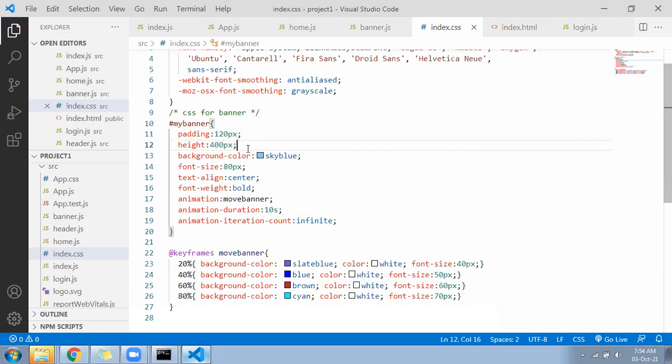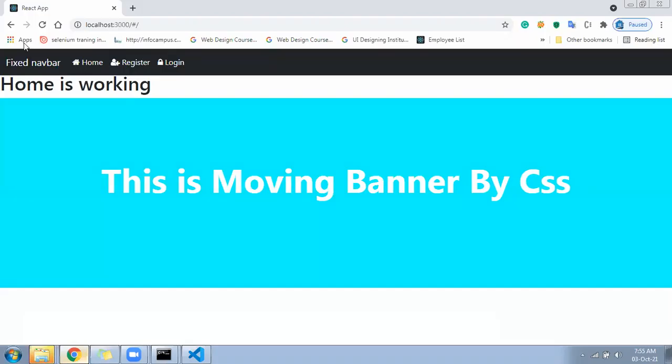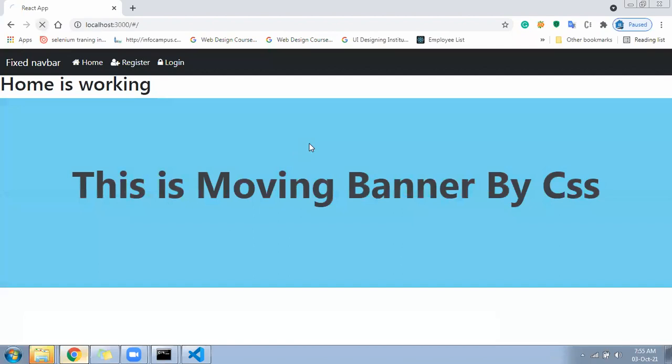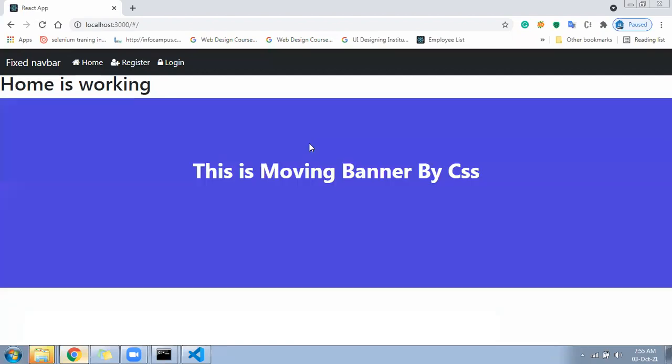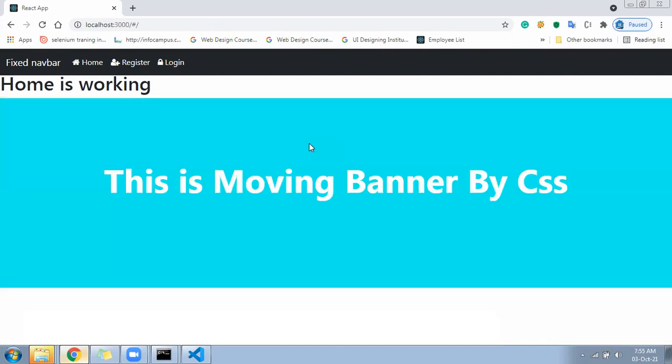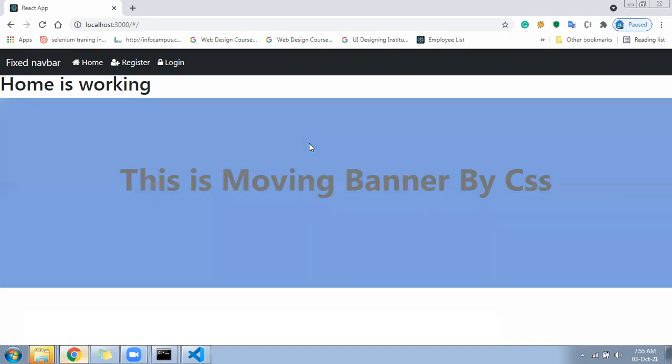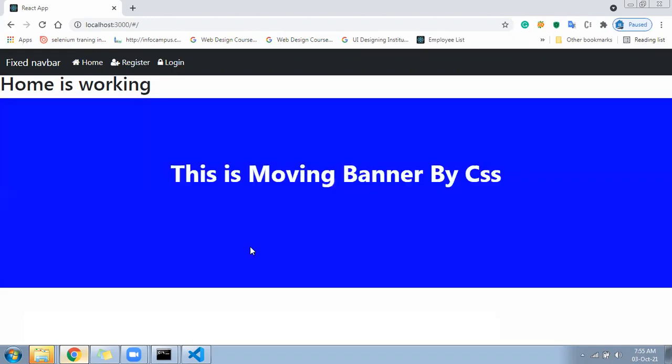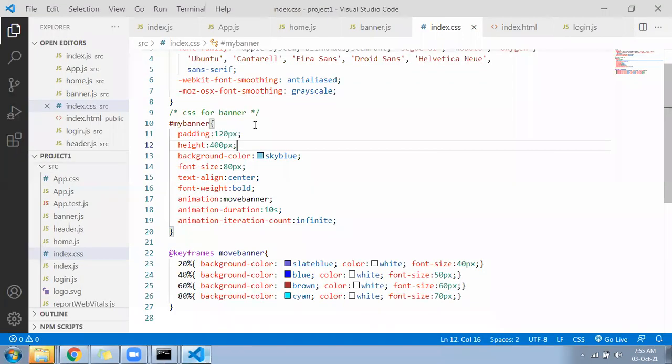Height should not be up and down. Now height is constant. Font size increasing, decreasing, no matter. Okay, so that part is ready.